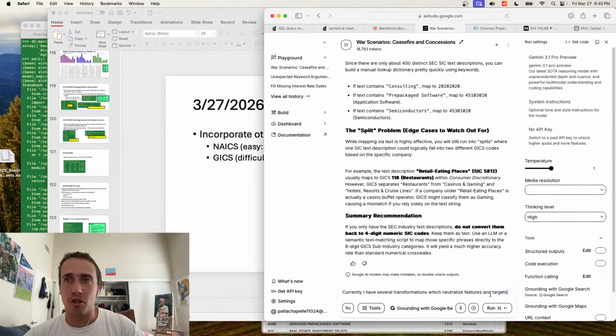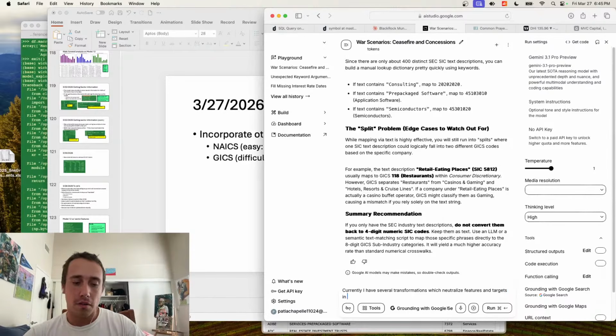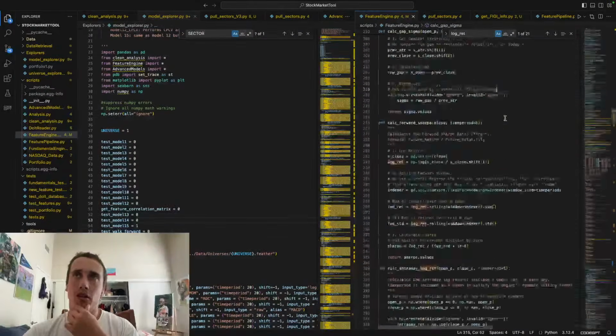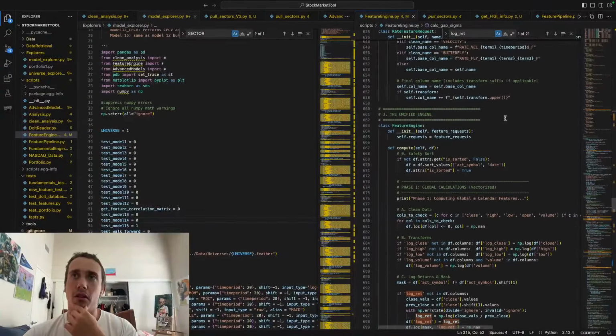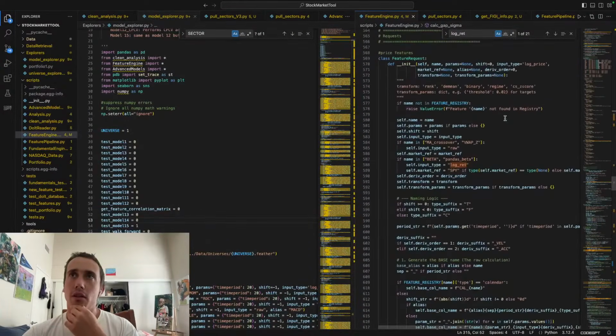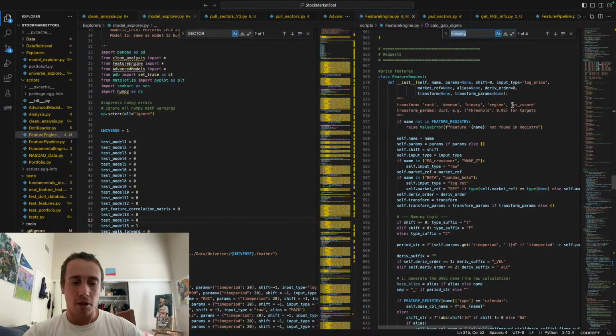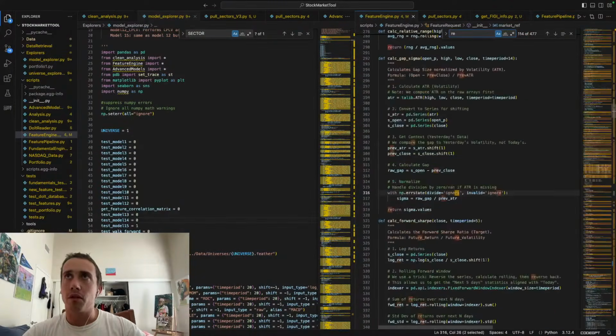I have several transformations which neutralize features and targets in feature engine.py, in the feature request class. So let me look at the transformations. Do they all normalize to the market average, or does it do something else? So feature request, transform: rank, demean, binary, regime, CSZ score. So I'm not sure actually what regime does. So if I want to normalize to regime,